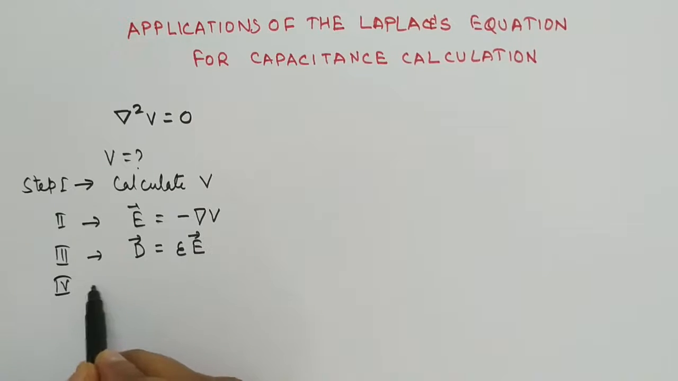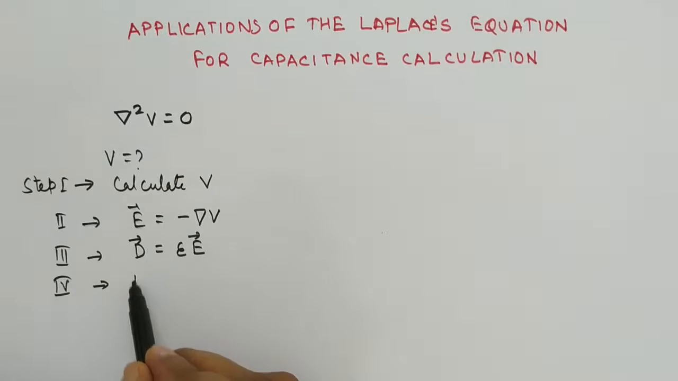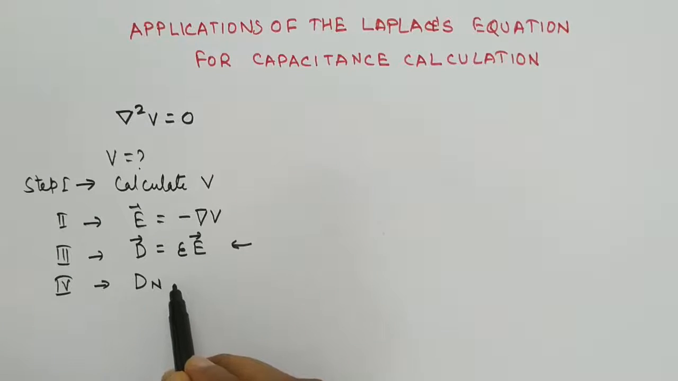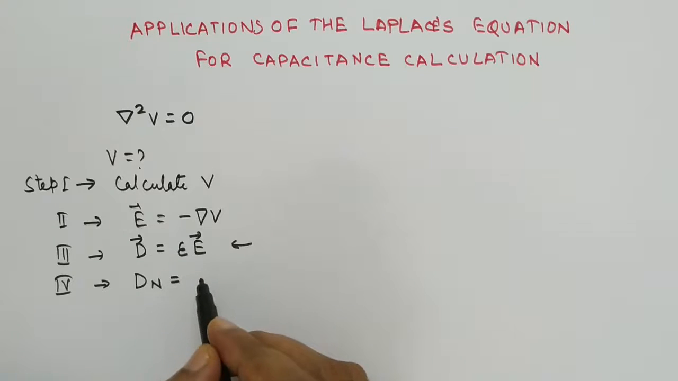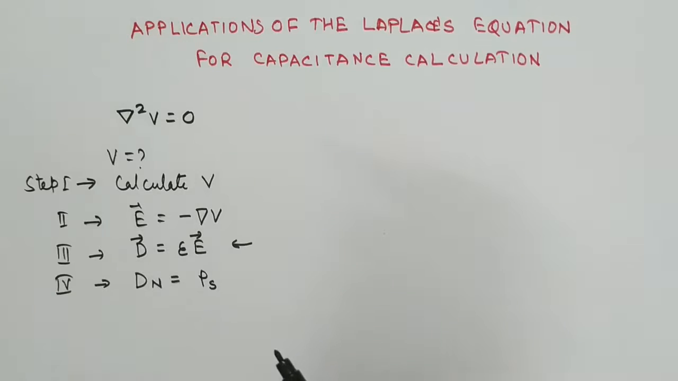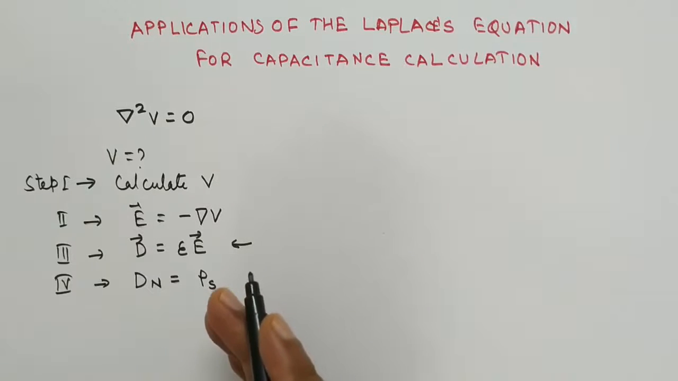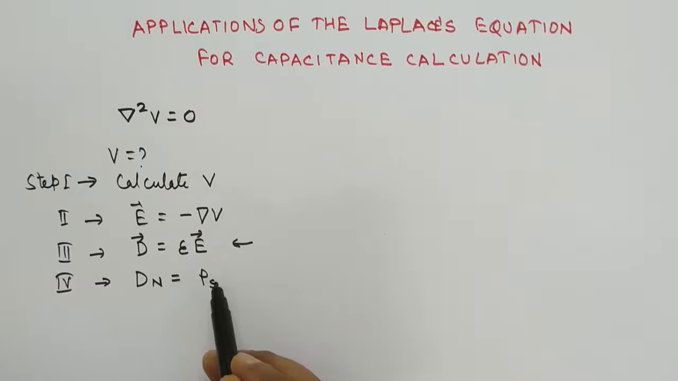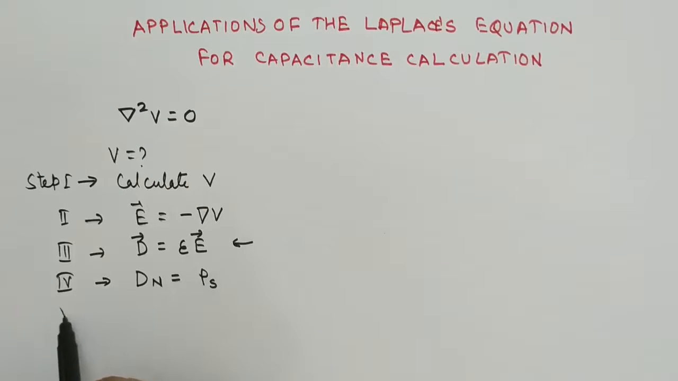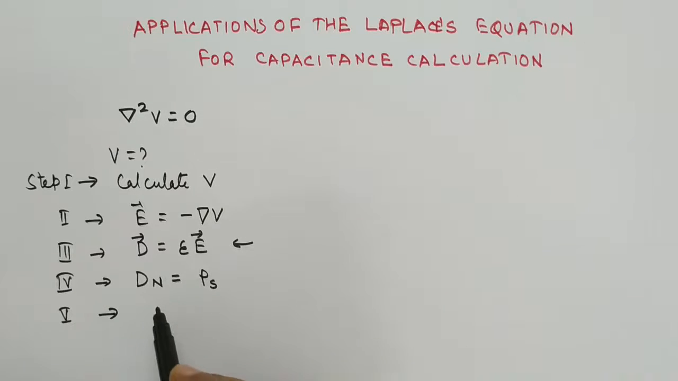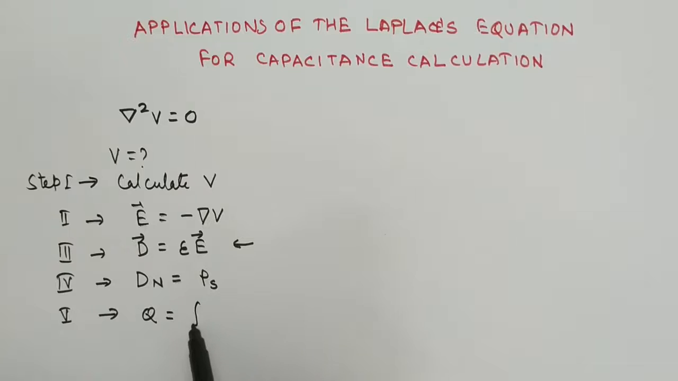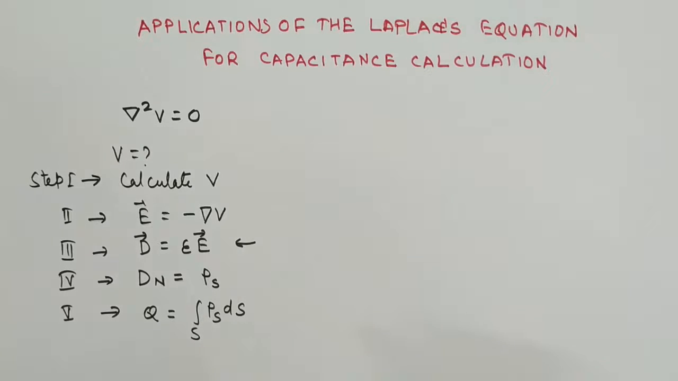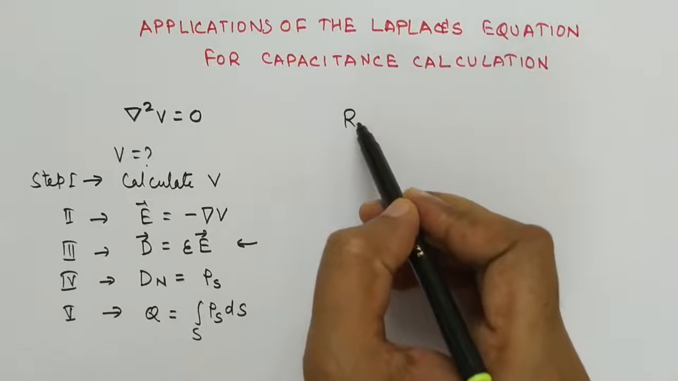Then in the fourth step, we can find the normal component of D. By calculating D here, we can find the normal component of D, which is equal to rho s from the boundary condition. So by knowing the boundary of the capacitor, we can find the normal component of electric flux density, and from the boundary condition it will be equal to the charge density. Once we calculate the charge density, we can calculate the total charge, which is equal to the surface integration of the charge density. So let us start with the simple capacitor in rectangular coordinate system,